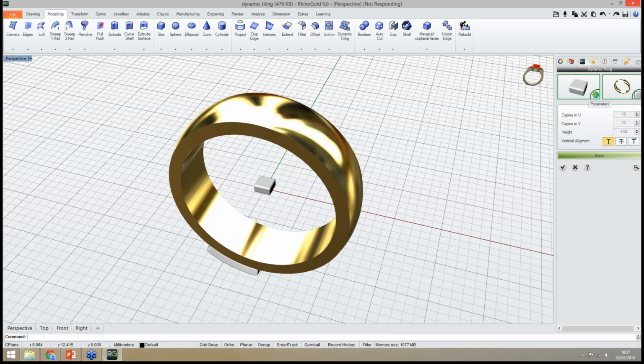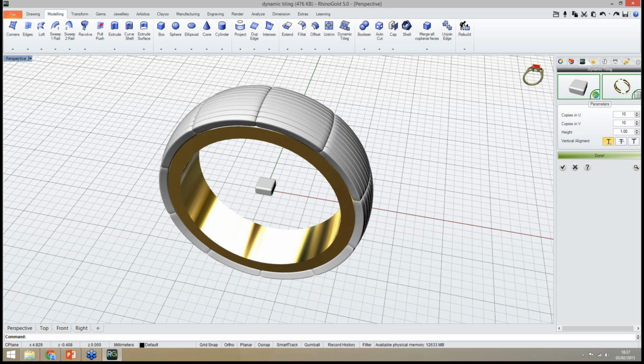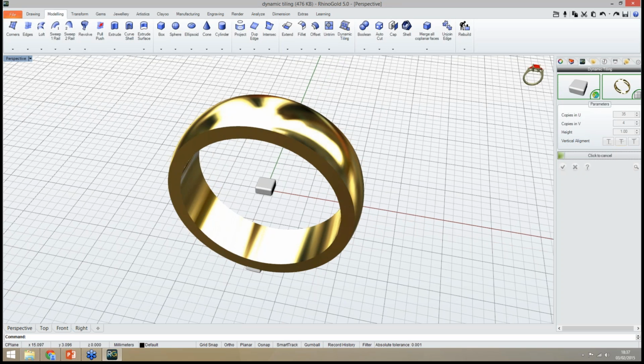At this moment it is calculating the number of copies, but I will change the parameters. For instance, I will create 35 copies in U direction and 4 copies in V direction. I will orient the objects in the middle of the surface and calculate the results.